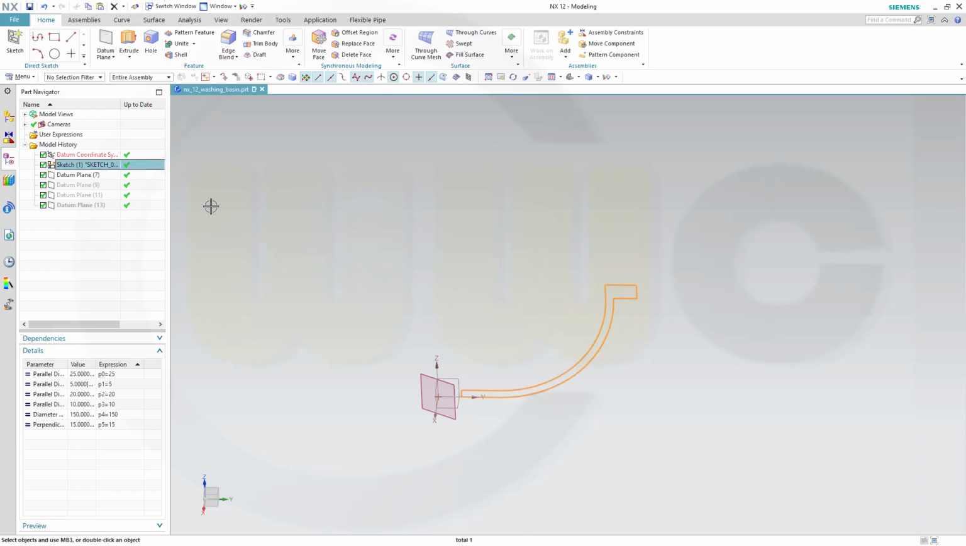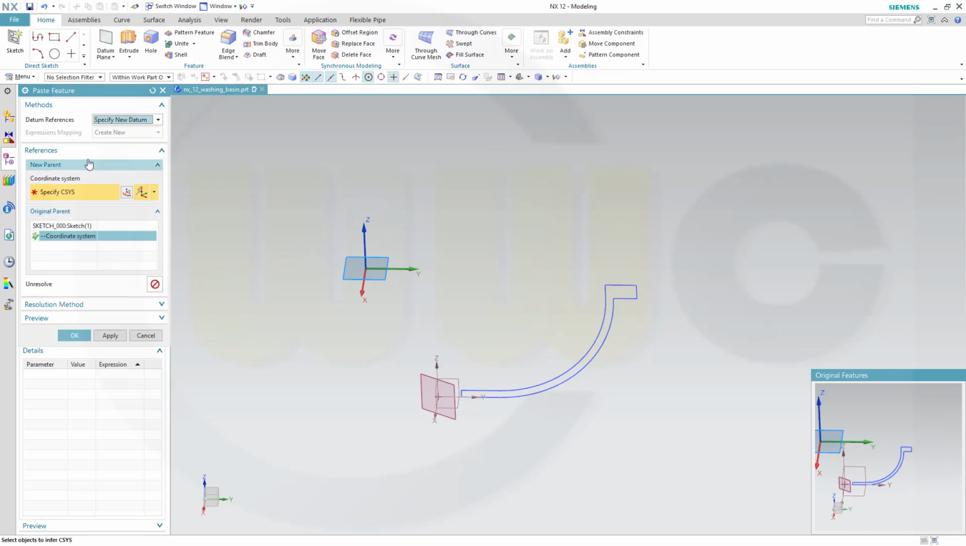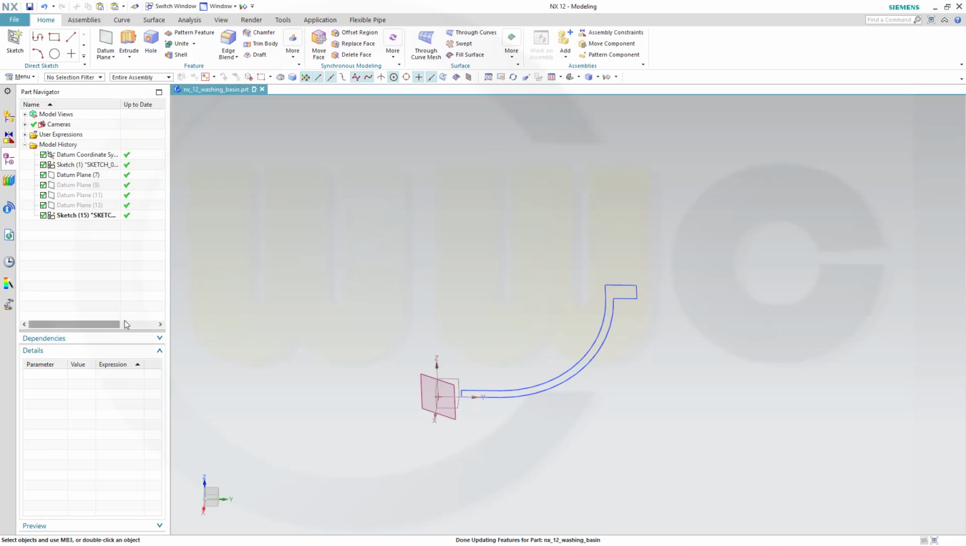Select the sketch, Control C, Control V, and don't change anything, just go for OK. Then you got this same sketch on the same plane where we created it. So I got two sketches, one over the other. Okay, I will hide sketch 1